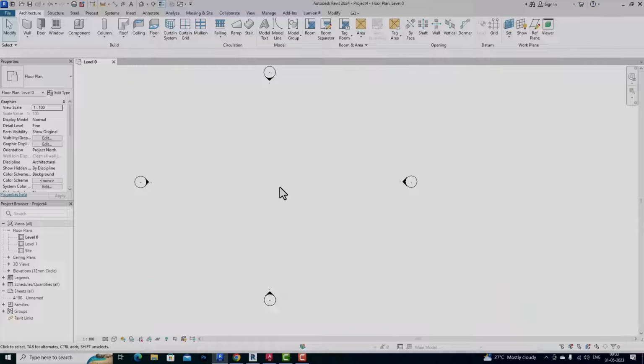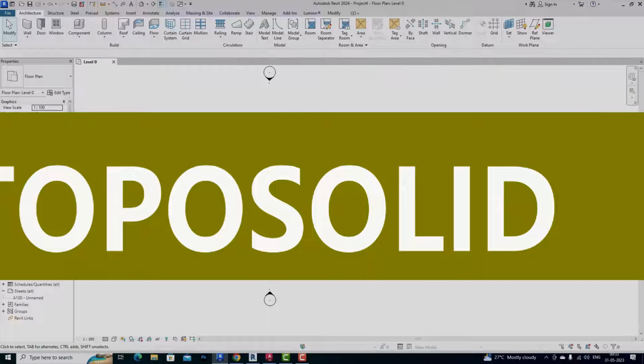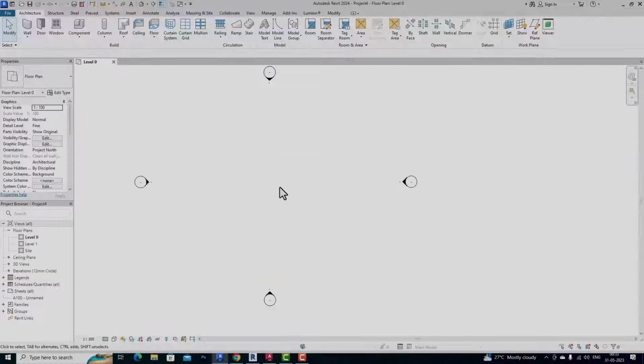In today's video tutorial I am going to teach you about the Toposolid in Revit 2024, a new tool which has been added in this version of Revit. In previous versions we were using Topo Surface, so it is completely different from Topo Surface and we'll